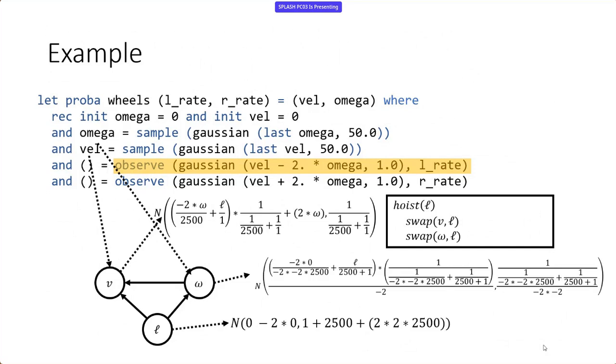So now that L is a root node, we can go to the next step of performing the observe, which is we're going to replace L's distribution with a delta distribution. So say that the current value of L rate is -1. We're going to replace L's distribution with a delta of -1. And the delta distribution is just a distribution with all the probability at one particular value.